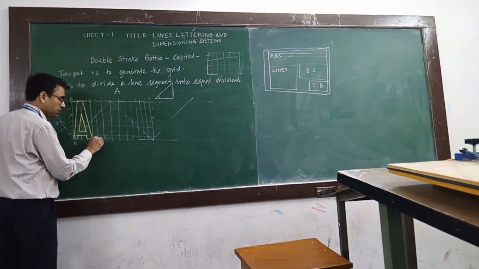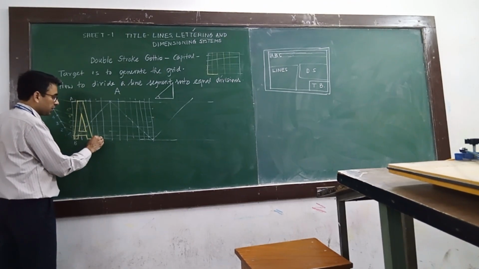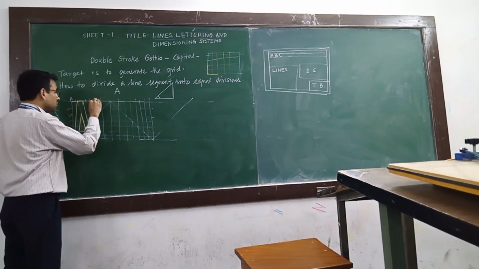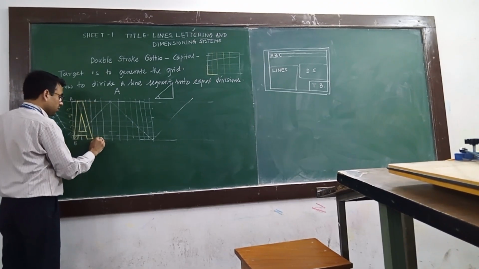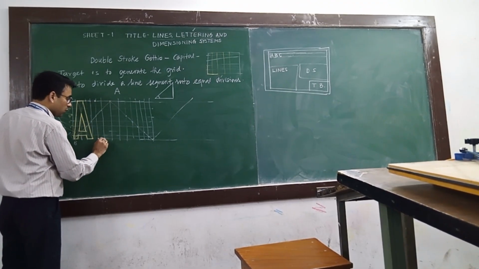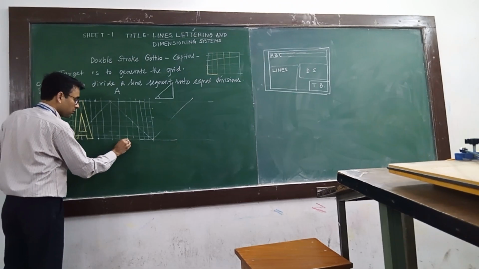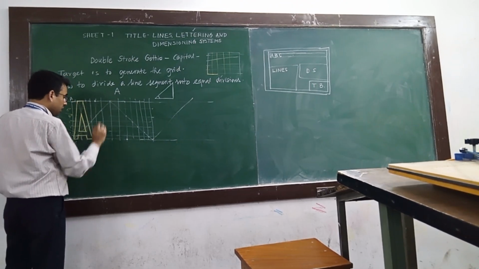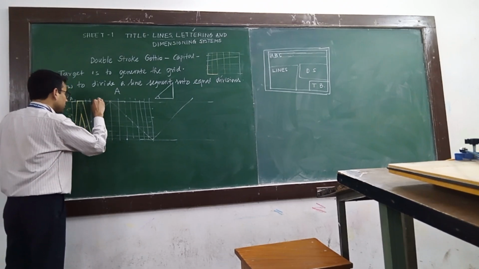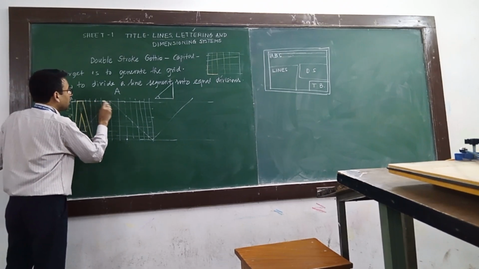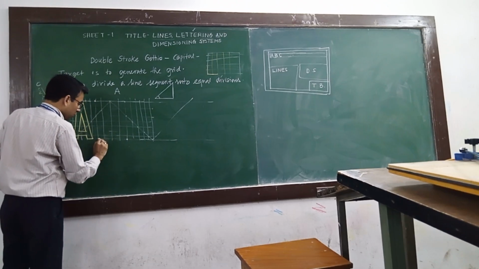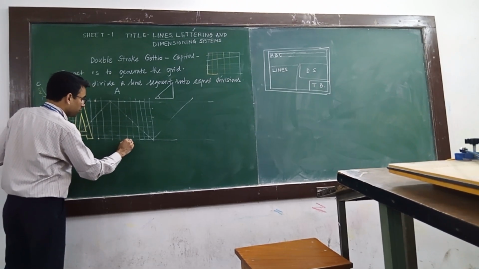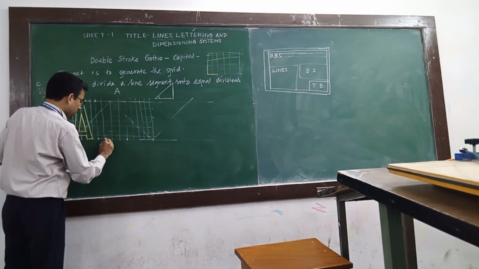B: 1 unit. After leaving 1 unit, you will start here. So it will be that. Then 1, 2, 3, 4 here. Next for B, you will draw the 1, 2, 3, 4. So 4 units, and then here